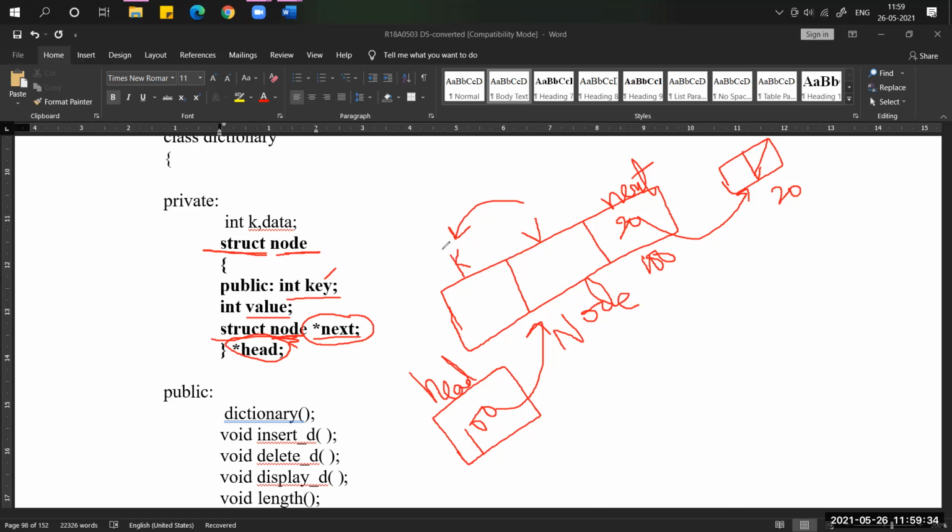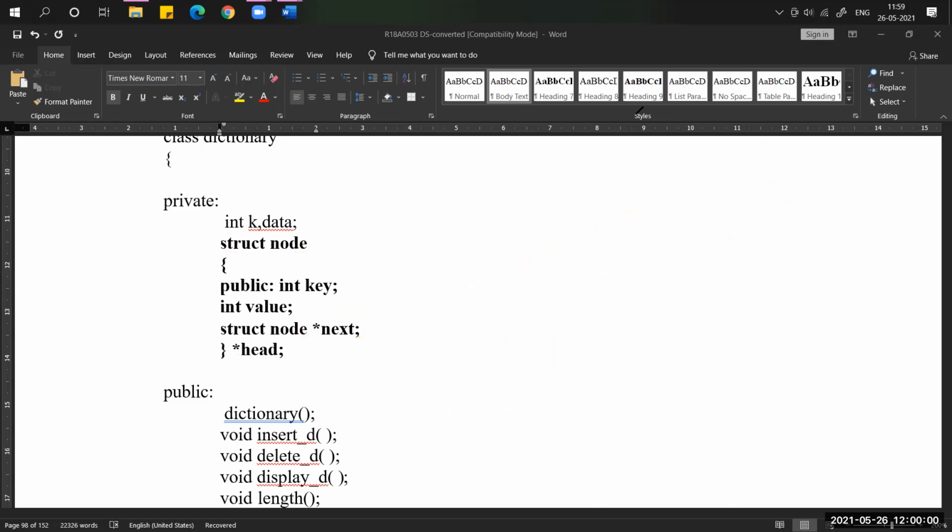Only one important point you have to remember, compared to the single linked list and double linked list, is that the key value is the additional one. So a key field will be added in the case of a dictionary node. In every node we have one extra field, that is the key value. Like this we are going to represent or implement the structure for a given node.